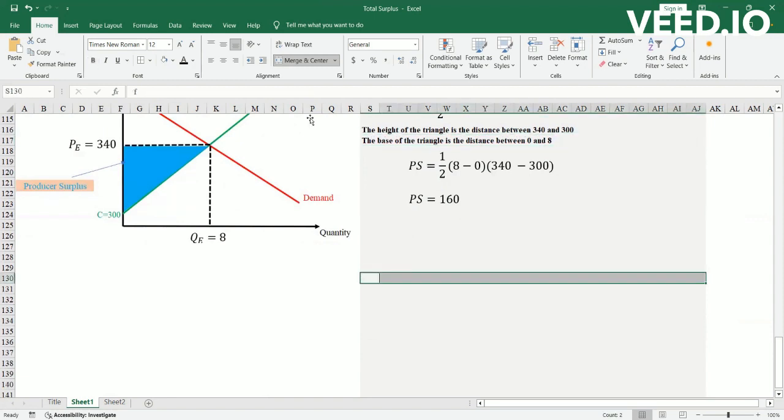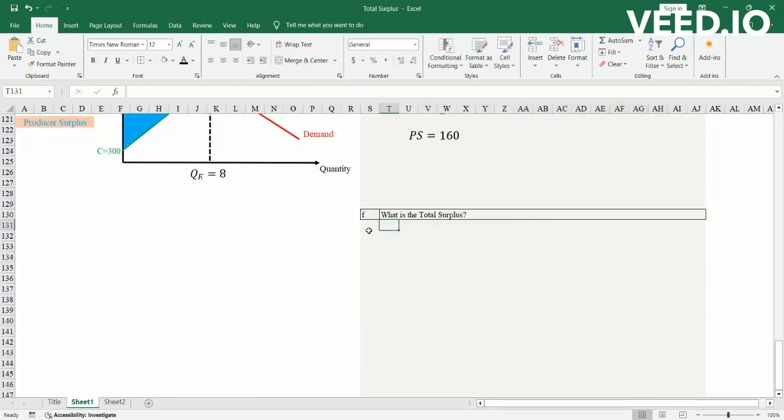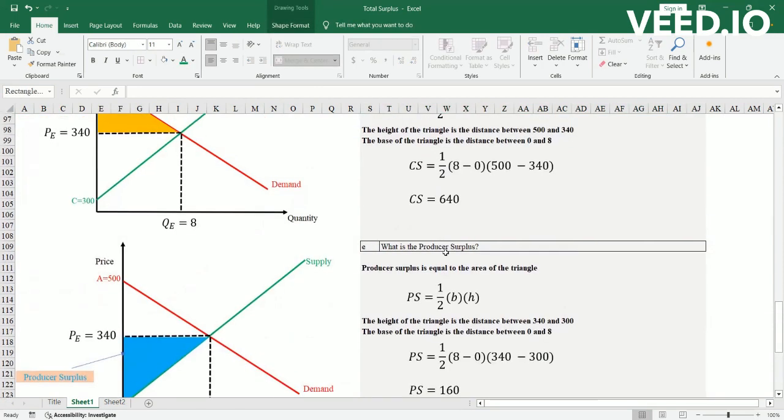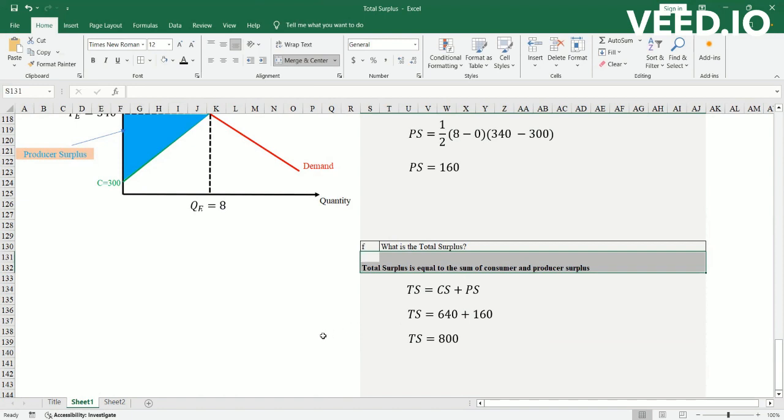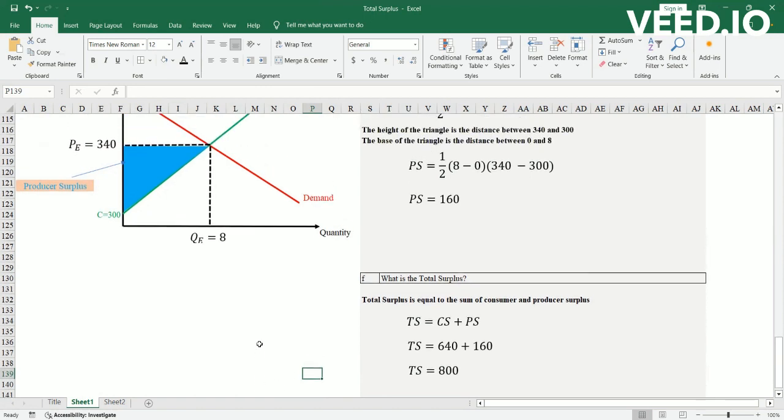Now, in the last part, we have to find the total surplus. The total surplus is given as the sum of the consumer and producer surplus. If I have the consumer surplus of 640 and the producer surplus of 160, I can add the two to get the total surplus. So total surplus is 640 plus 160, and it's 800. Thus, in an economy without any form of tax, quotas, and subsidies, the total benefit that the people are getting from having an equilibrium price of 340 and quantity of 8